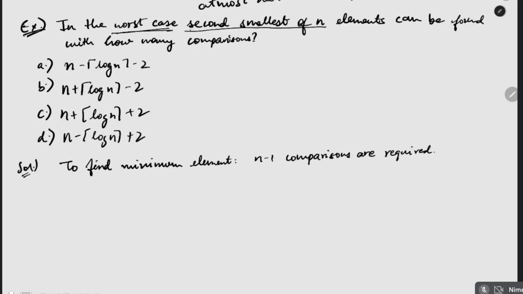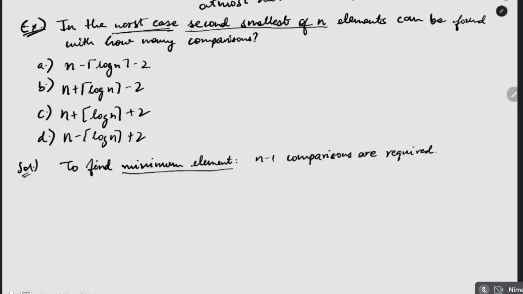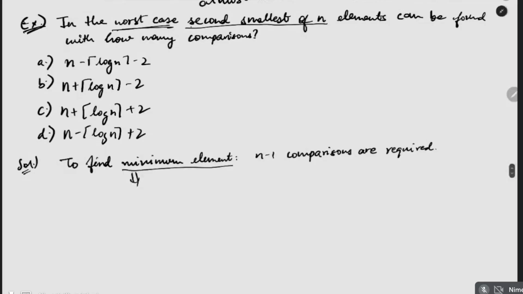And when we are finding the minimum element, each element is compared at most log n times, because